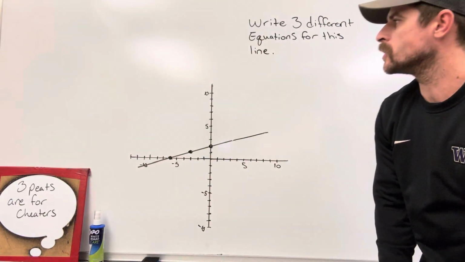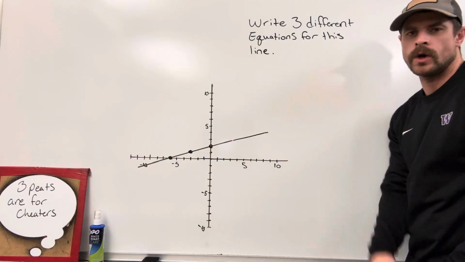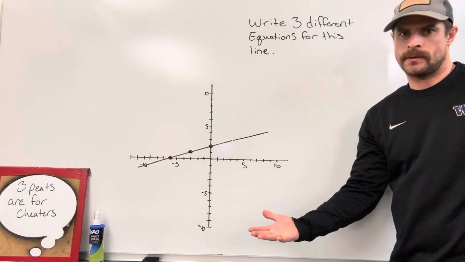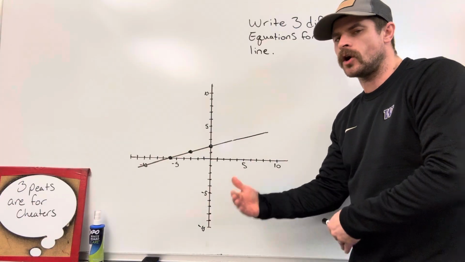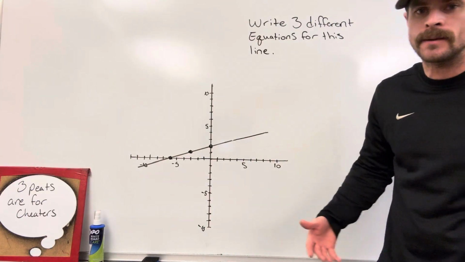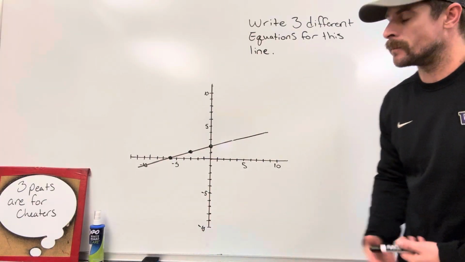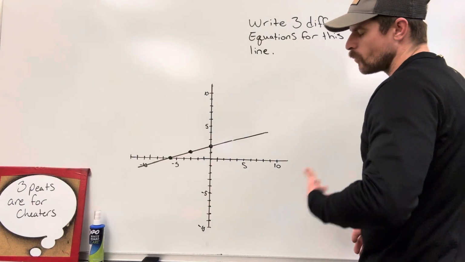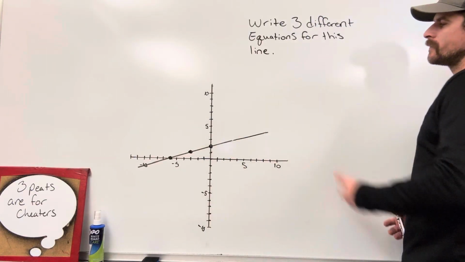All right, in this video, you are going to learn how to write 3 different equations for one single line. Now, why would we need 3 equations? Well, what I want my students to be able to do is work out of all different types of forms that we write linear equations in. We write them in slope-intercept form, we write them in standard form, we write them in point-slope form. So making connections about what's the same or similar and what's different about each one of the 3 equations we're